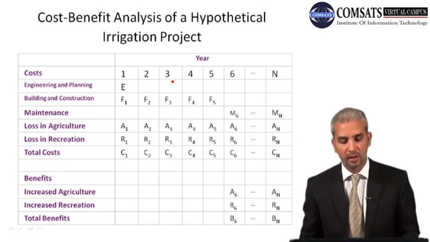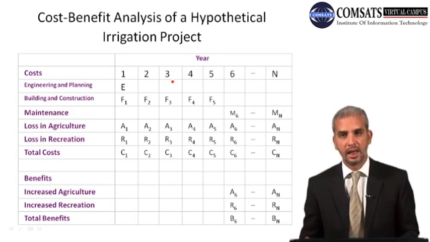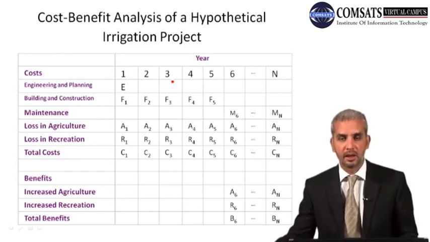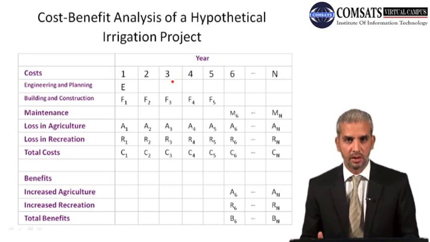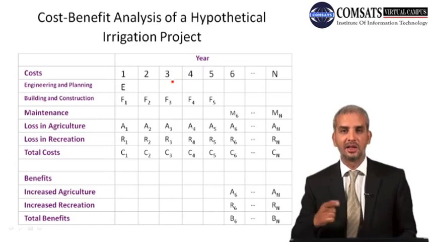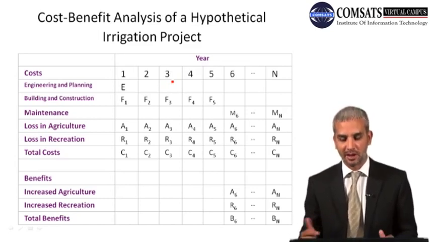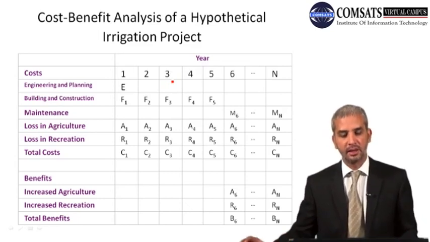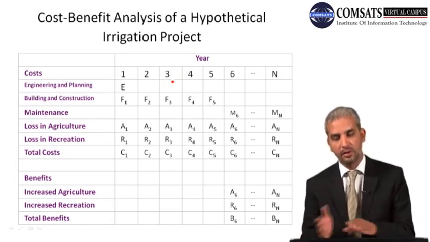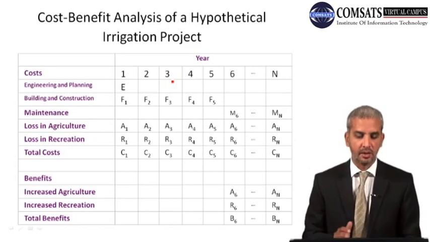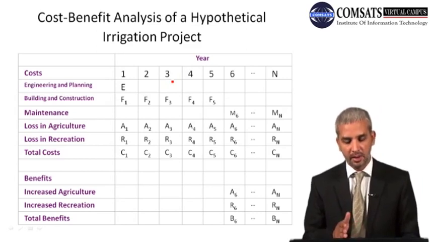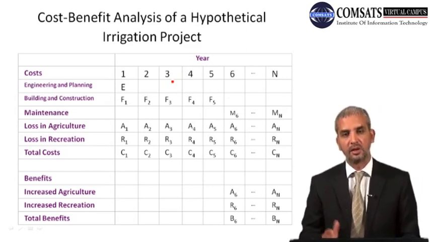Now we have total cost for each year from 1 to n, and we have total benefits for each year from 1 to n. Now what we need to do over here is what I asked you to answer, but I can't hear your answer, so let me answer it myself. That is the advantage that you have going through a video lecture. What we need to do is get a social discount rate, and through that social discount rate discount all the future values into the present value, and then see, when they have been discounted into current dollar values, what the difference between costs and benefits would be.